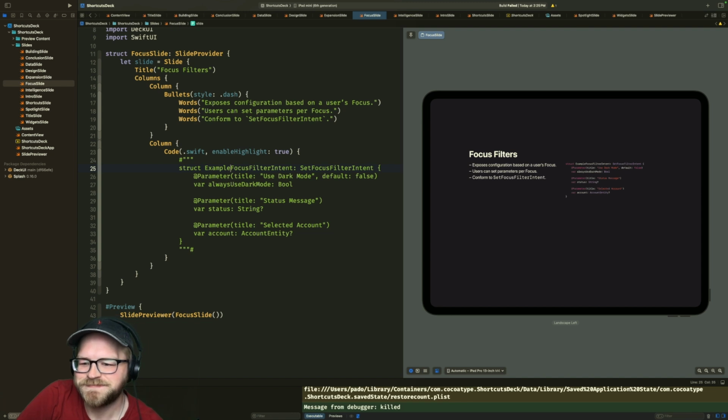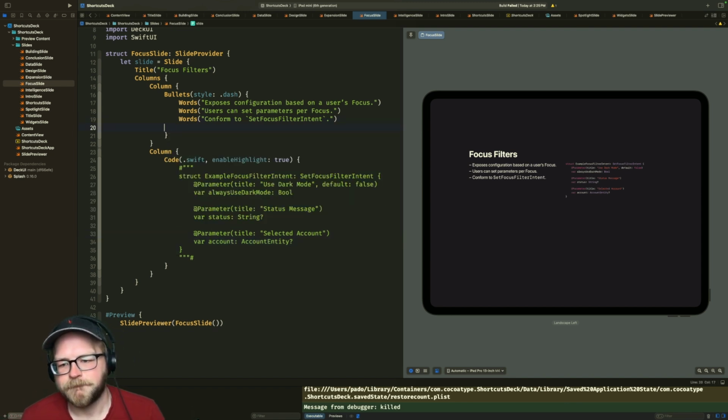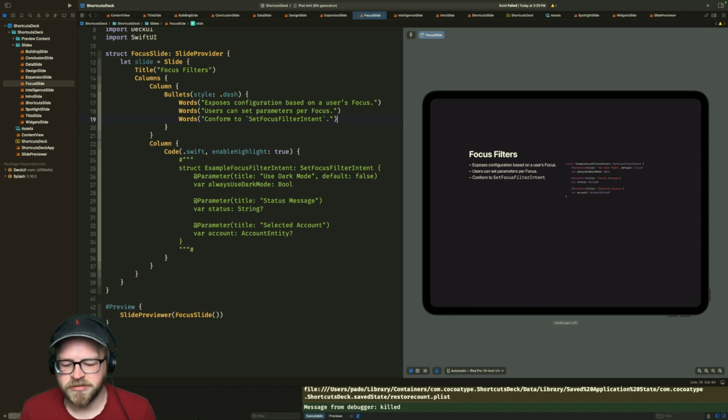I'm not going to do it. We're just going to say that this is an ability that you have, is that you can change your parameters based on a given focus filter, and this is just you expose various parameters. The user's in charge of what values they want to set for which focus, and they can set that all in their UI.